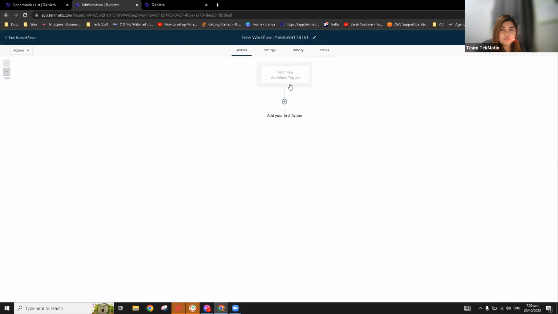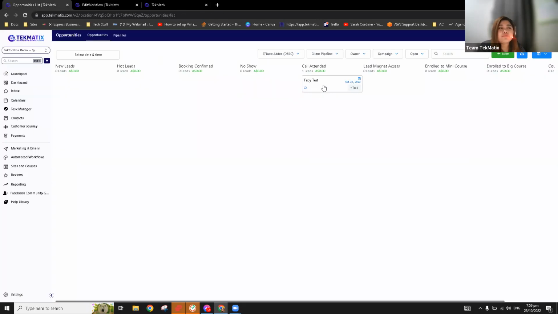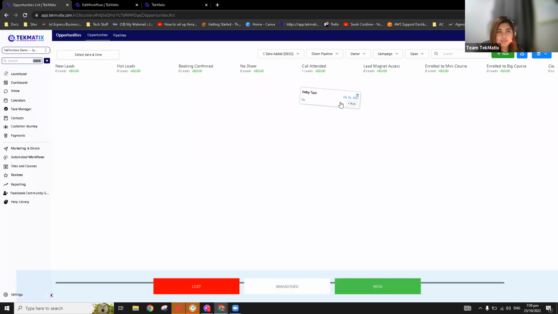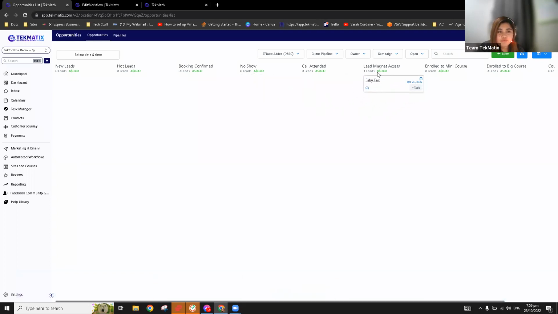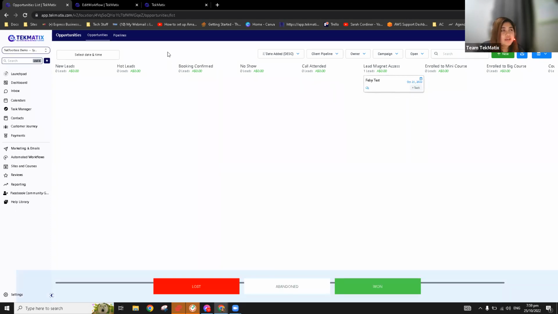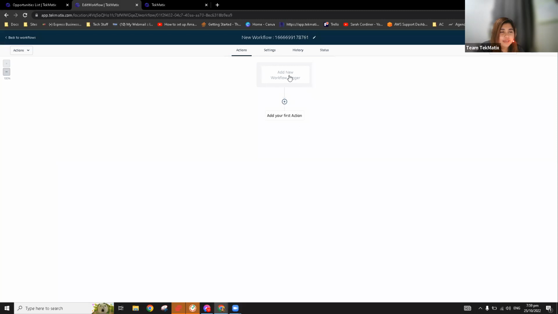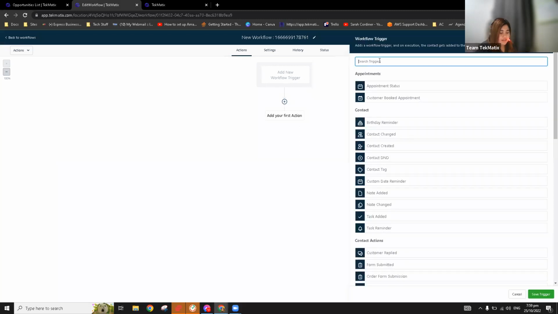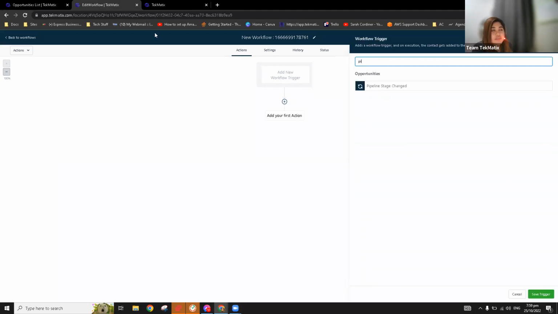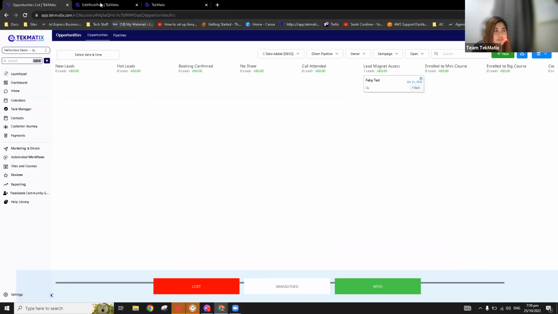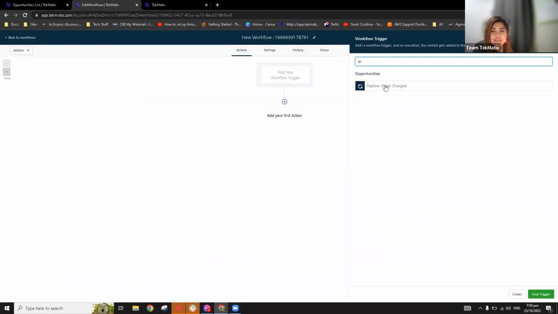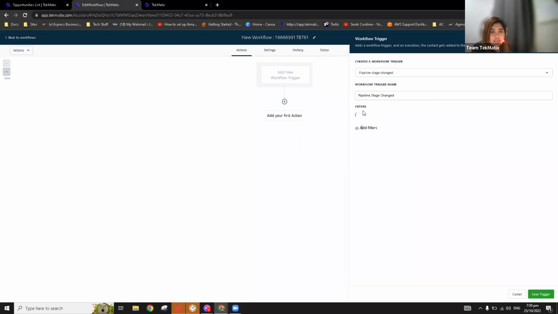So basically this is your main trigger. Let's say, for example, for Febby, maybe Febby moves into lead magnet access. Let me drop Febby in here. So you can create a workflow by clicking in this and then clicking on pipeline. Everything on the customer journey will be called pipeline stage change, all the changes you did with the pipeline, I mean with the customer journey. Click on this, add filter,